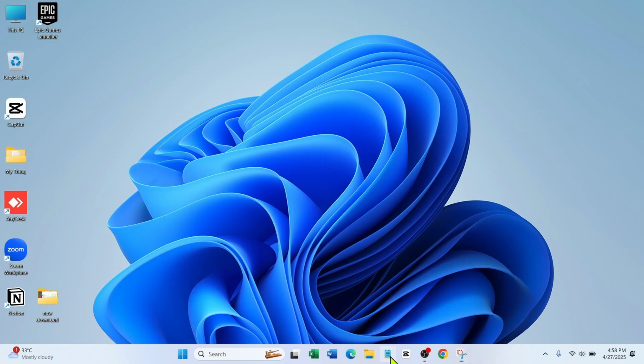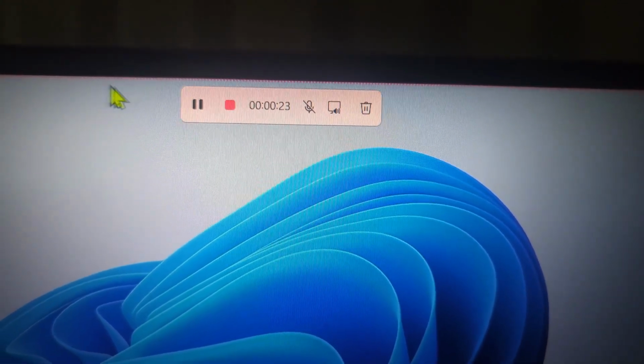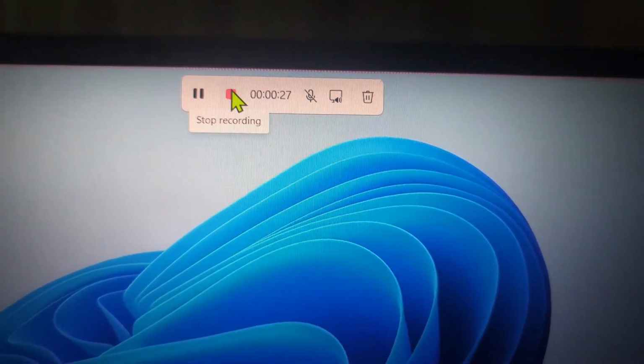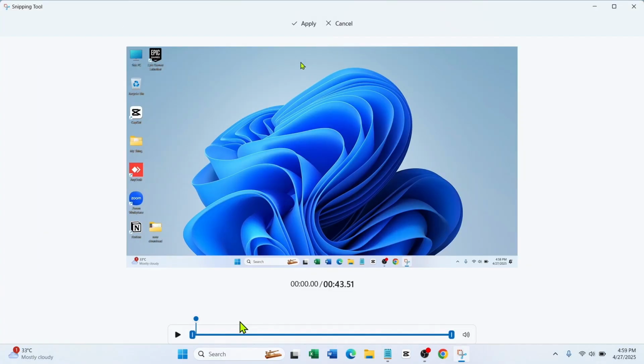Now if you open any software, it will automatically record. Now to save your recording, just click on this little red icon to save your recording. Here as you see, my recording is saved. In this way, you can record your laptop screen without installing any